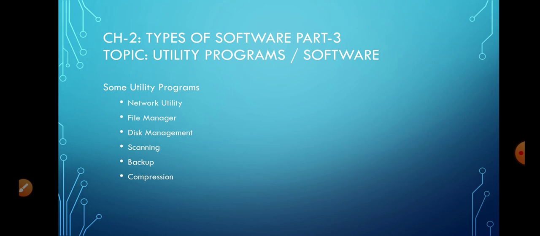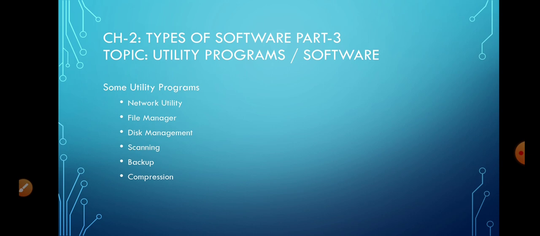Utility software are the programs which perform specific tasks usually related to managing the computer, its devices and its programs. They help in the smooth functioning of the computer system and make the computer work better.